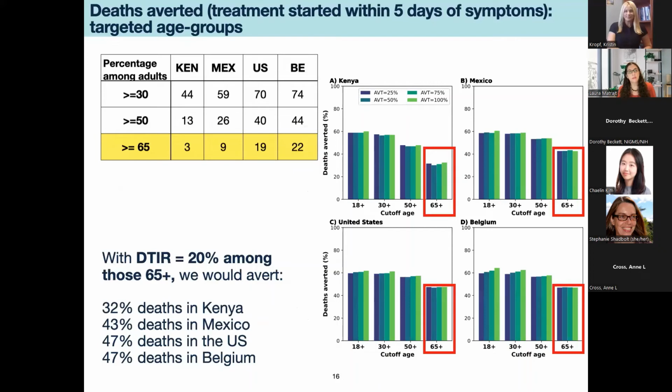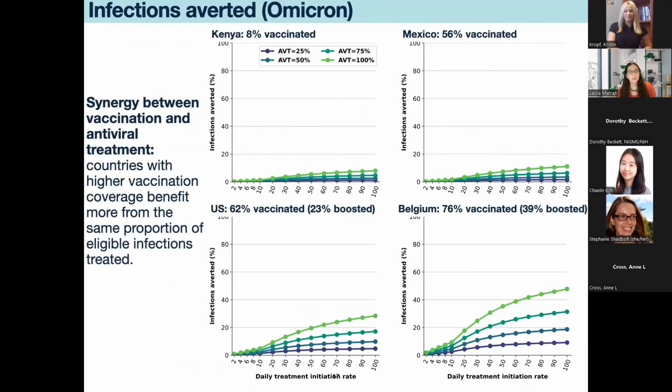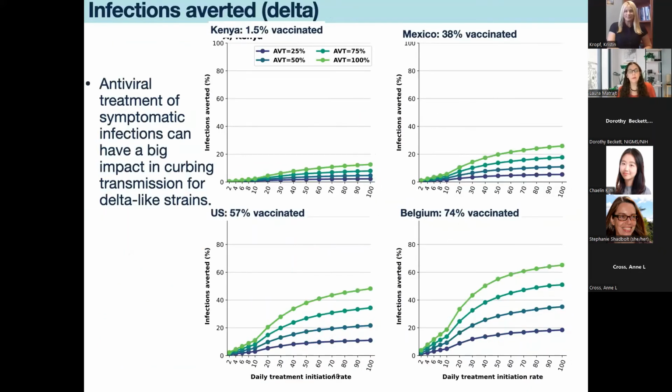So it's like 70, 74, 40, 44, 19, 22. The US and Belgium are good comparators because they are really similar in demographics. The only thing that is different between the US and Belgium is the percentage vaccinated. So by treating the same number of symptomatic adults in Belgium or in the US, you can see that if you focus on this line, say that it represents a perfect antiviral that is blocking transmission perfectly,